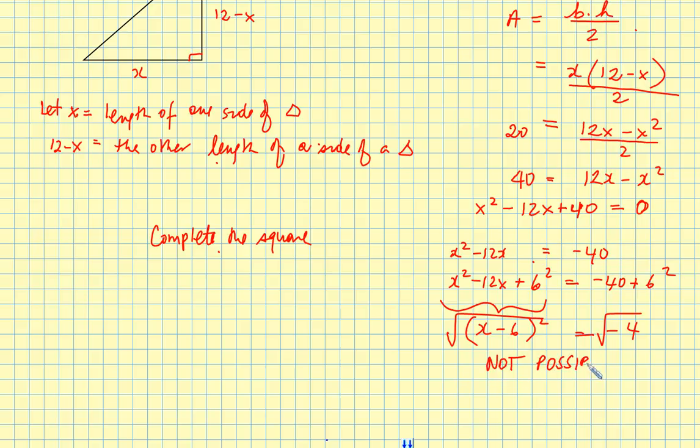Because when I take the square root of negative 4, my solution comes out to be the root of negative 4, and that's not possible. I can't take the square root of a negative number. And therefore, your final answer here should be, since I can't get the x-intercepts, or since I can't solve for x in this case, then I'm going to have to say, therefore, that the wire cannot be bent